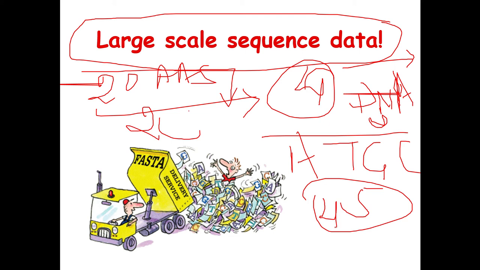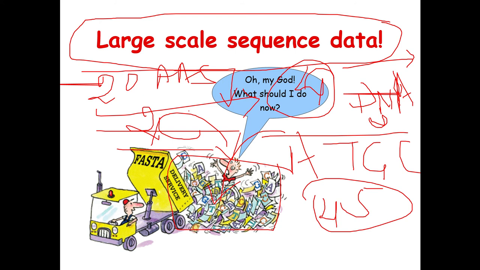So in FASTA format, a lot of things have been left like garbage, but this is not sufficient. On NCBI, as soon as you do some research and new sequences come, you just upload them. But just imagine NCBI is a portal and so many things are stored daily. On a daily basis NCBI is storing so much information on its site. So it is like garbage, and in garbage you have to choose your gene of interest. So it is very difficult to find a particular gene from the mass of data.